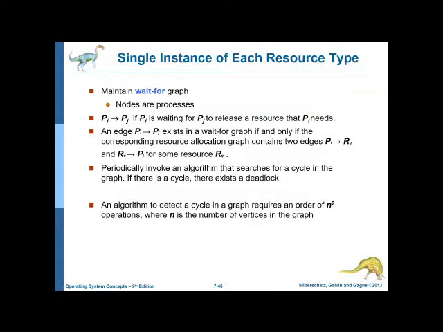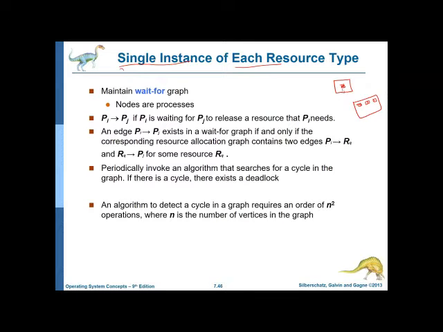This deadlock detection algorithm actually has two different stages. One is for a single instance of each resource type. If you remember a resource allocation graph, if it had only a single instance, we put a single box or a dot inside the rectangle like this. If you had multiple instances, we would put something like this. So this is the difference between a single instance of each resource type and multiple instances of the same resource type. One box represents a resource type, and the inner smaller boxes represent the number of instances.